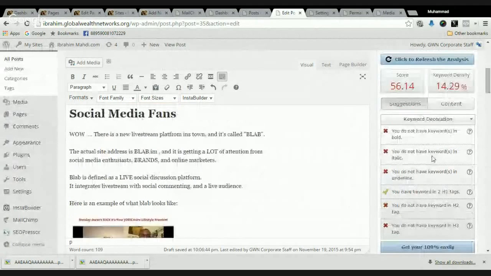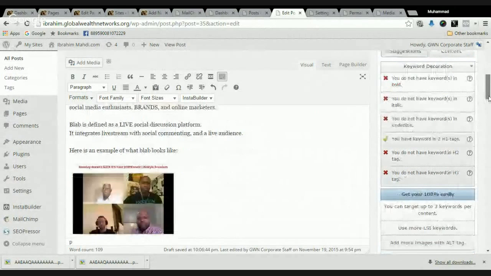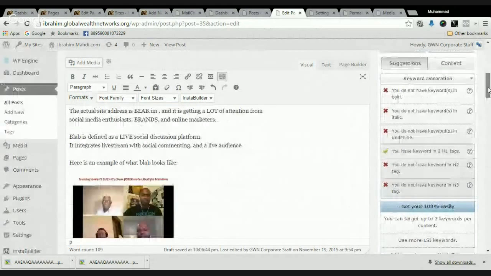So I need to have a keyword that's in italics. I need to have one that's bold. I need to have one that's underlined. I need to have one that has an H2 tag, okay? And then one that has an H3 tag. So ideally, here's how it would go. Ideally,